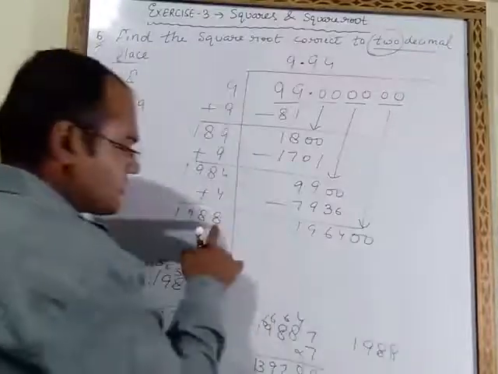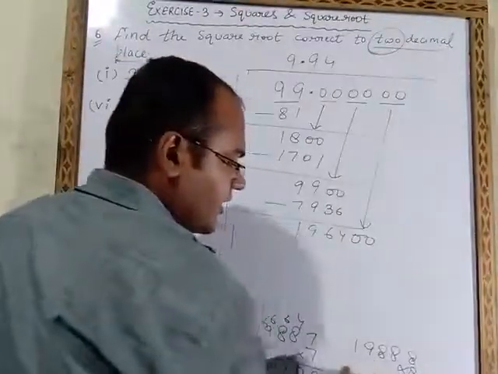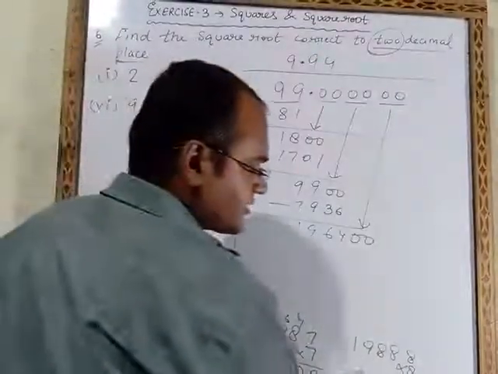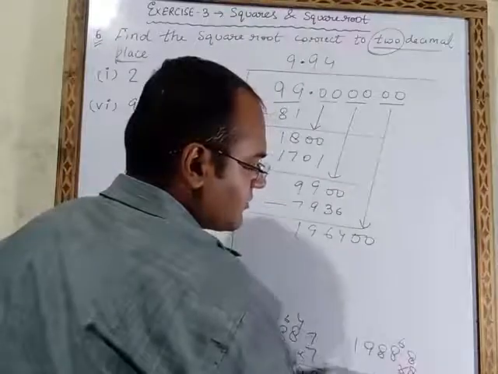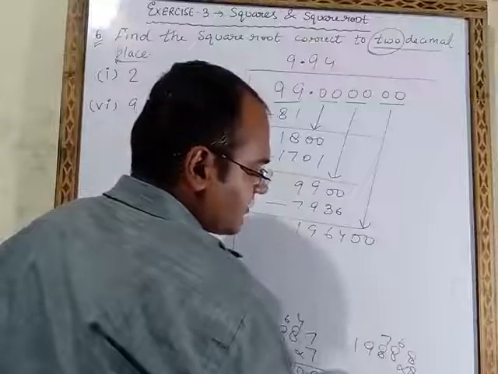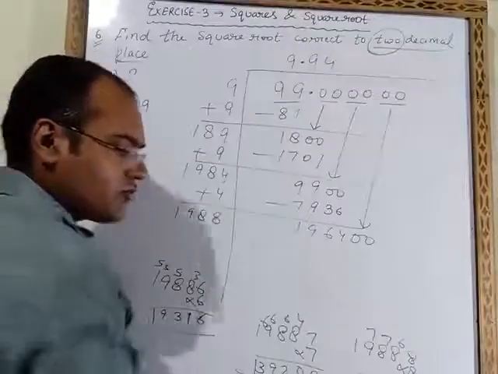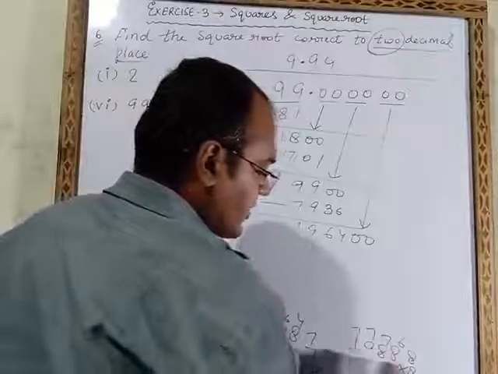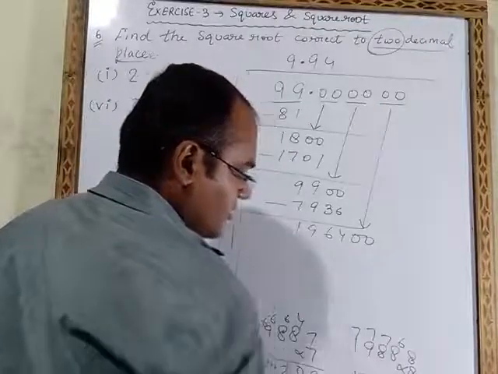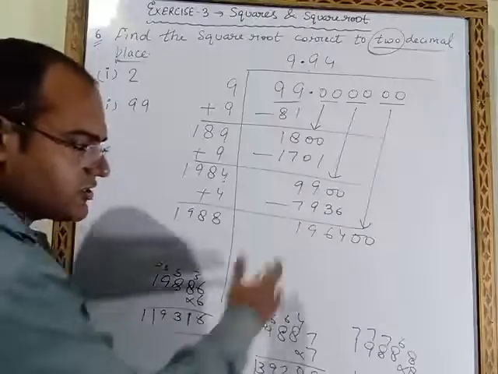1988. Last time we had taken 7. Now we will take 8. Then again we will take 8. So on multiplying it, 8 times 8 is 64, 8 times 8 is 64, 70, 8 times 8 is 64, 64 plus 7 is 71, 9 times 8 is 72 plus 7 is 79, 8 times 1 is 8 plus 7 is 15. So the answer is 159104. This is also smaller.